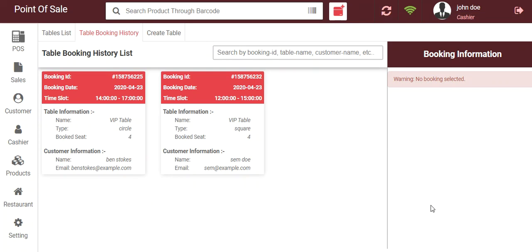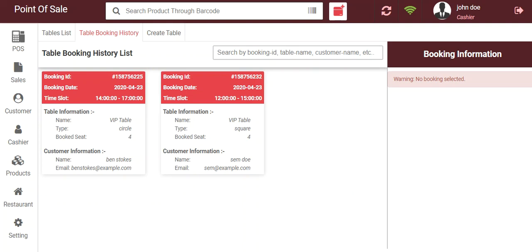So here, as we can see, the POS agent has booked two tables for the customers. Number one, Ben Stokes, the existing customer for that particular restaurant, and number two is Sam, the new customer for that particular restaurant.